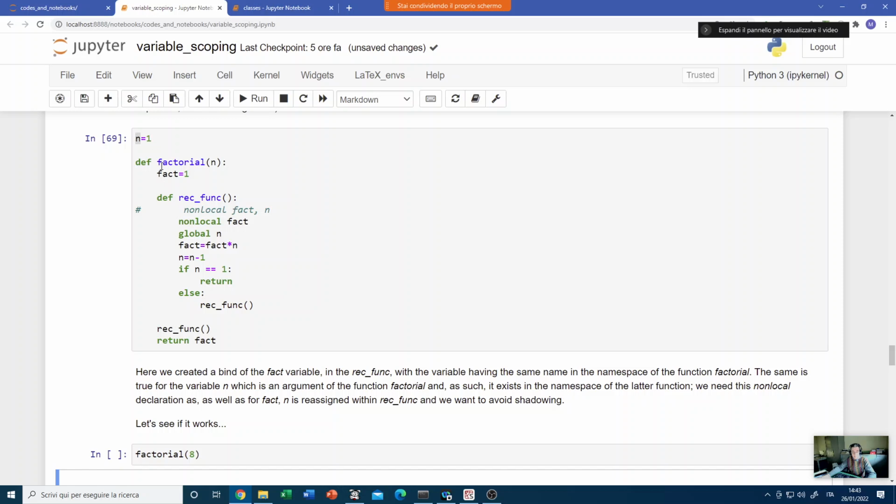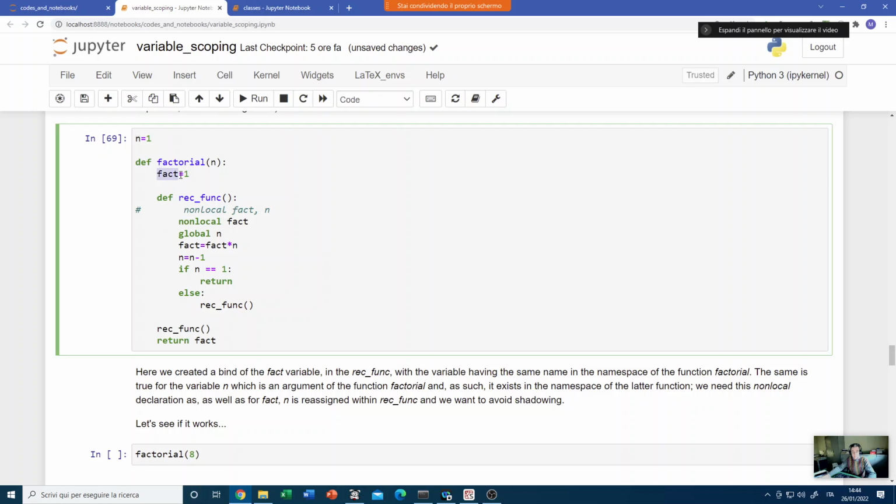then I call the function factorial. Factorial creates fact. Fact is nonlocal in this nested function, recfun, that's okay. Then I define global n, so I bind this variable n to the n here, and I can compute this fact, no problem. Then I decrease n, and n becomes n minus 1, so it becomes 0. And 0 is not equal to 1, so the function does not exit and does not return,